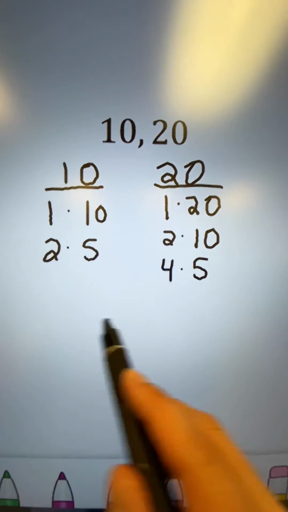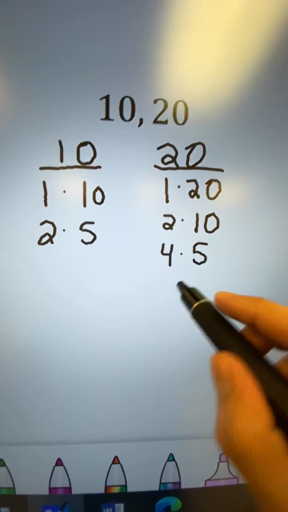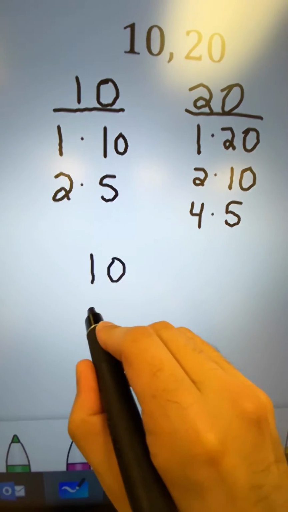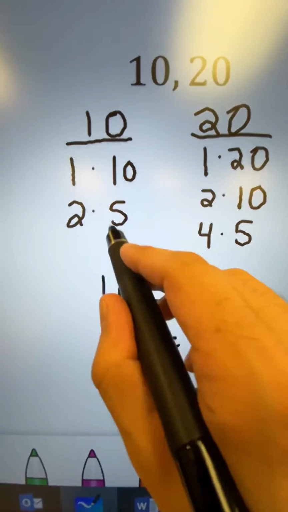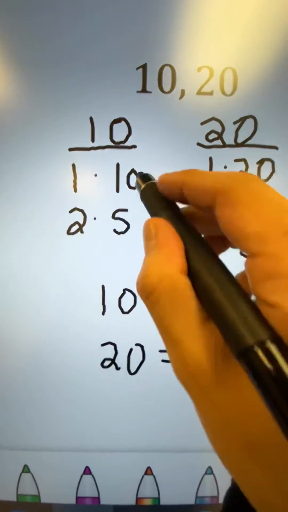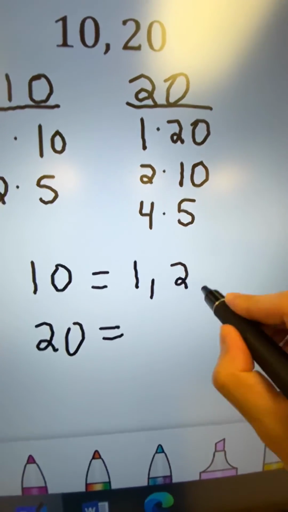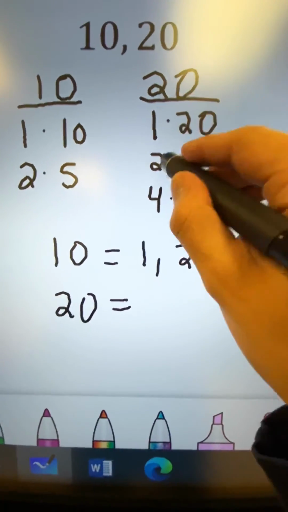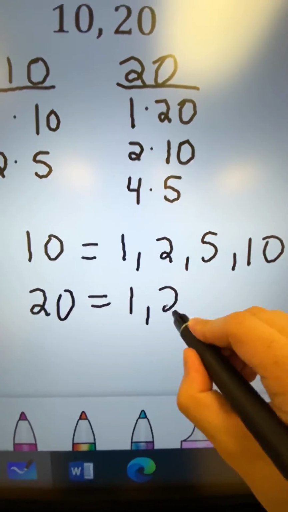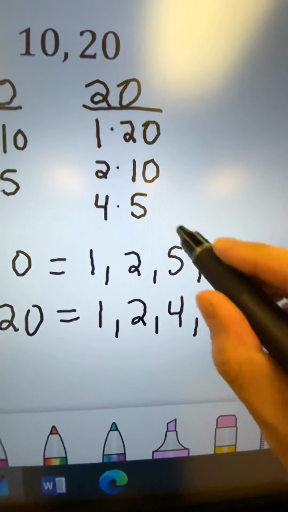And now I'm just going to reorganize it so that instead of a vertical format, I have it as a horizontal format. So I'll put 10 and 20 and just write down the ones that are not repeats. So for 10, it would be 1, 2, 5, and 10. Those are all the factors. And then for 20 would be 1, 2, 4, 5, 10,